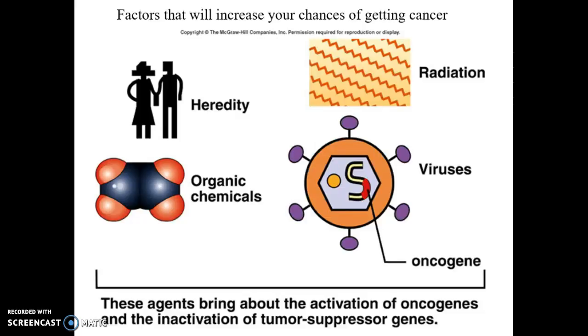X-rays. Those of you heading to healthcare, you don't stand in front of the X-ray machine. That's what those lead vests and the shields are for. We don't expose ourselves to ultraviolet light, sun, things like that. Laying out during the summer increases your chances of getting cancer. Different organic chemicals, different viruses, all of these things have been linked to causing cancer. So we want to look at our genetics and the environment to determine, are we increasing our odds of getting